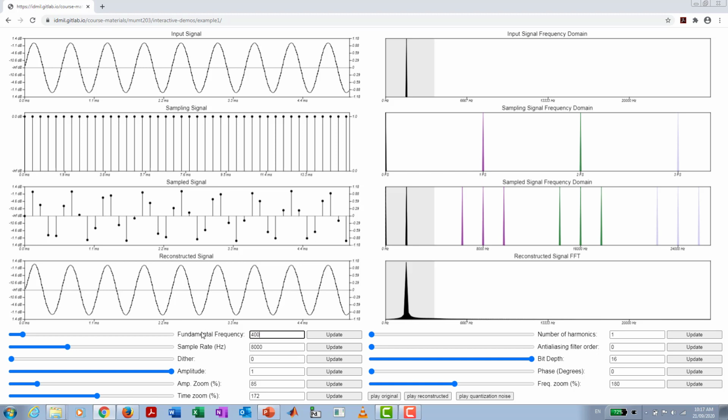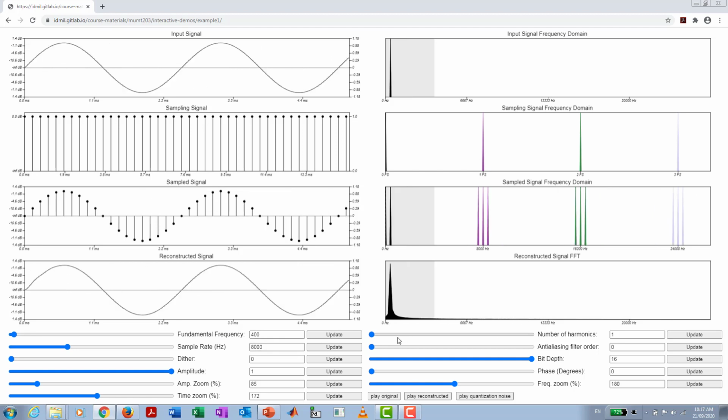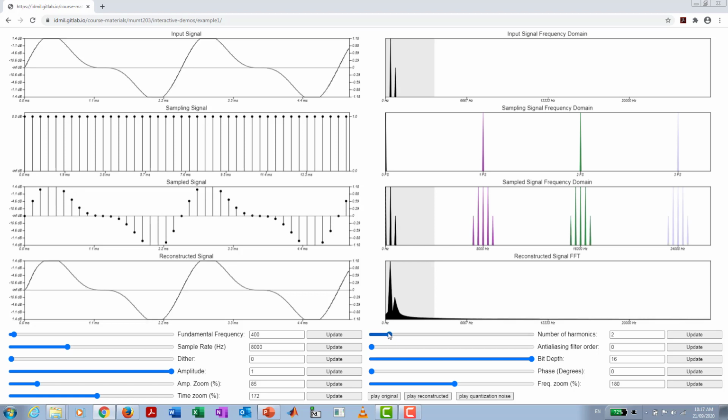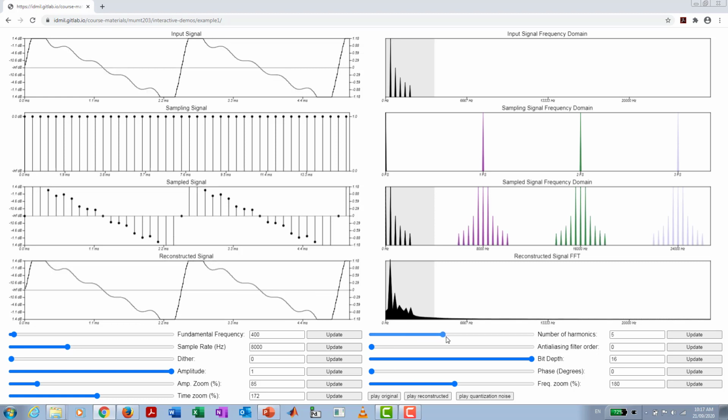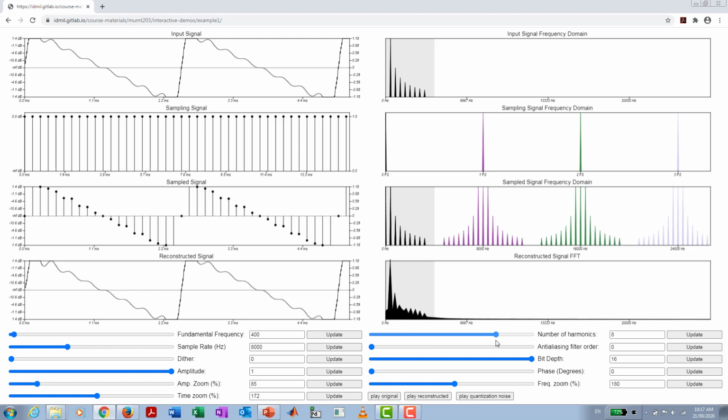a 400 hertz signal, and say, but I want 2 harmonics. So it's 400 and 800. I want 3: 400, 800, 1,200, etc. And then you start seeing the effect of aliasing in more complex signals, right? What will happen here if I add 10, or now this is the maximum I can add. The last harmonic here is exactly at half the sampling rate, right? So of course, if I increase slightly here,